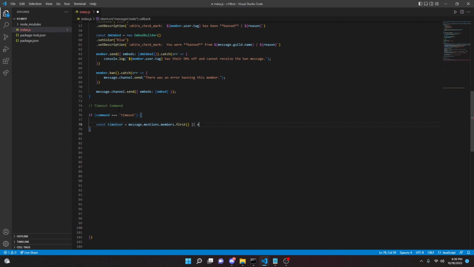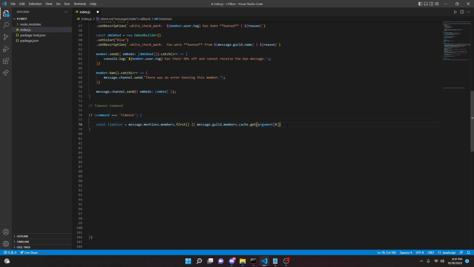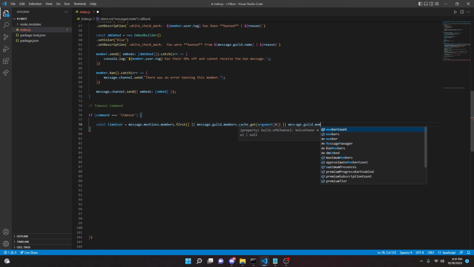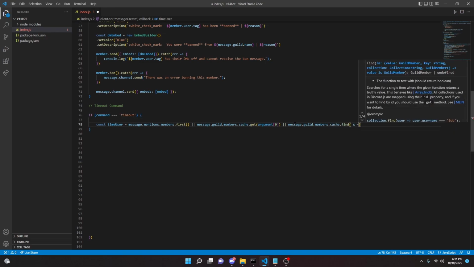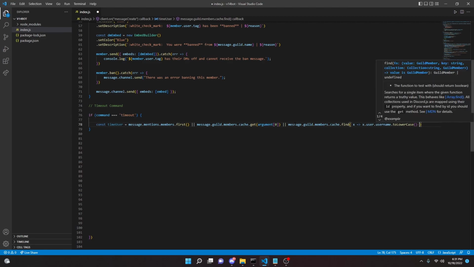We can do message.guild.members.cache.get(args[0]). Then we can do two more pipes, and by the way, pipes actually mean "or", if you didn't know. So we can do the two pipes here. We can do message.guild.members.cache.find(x => x.user.username.toLowerCase() equals